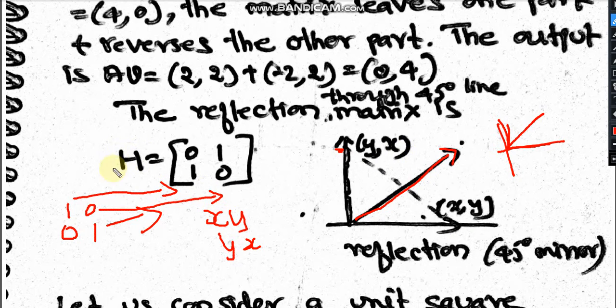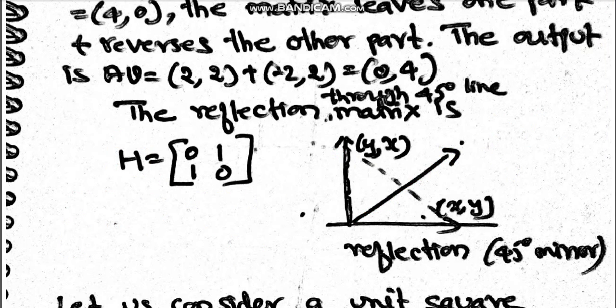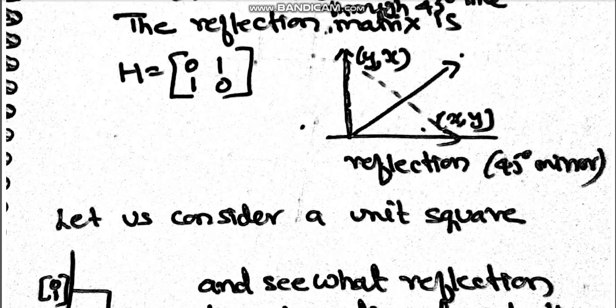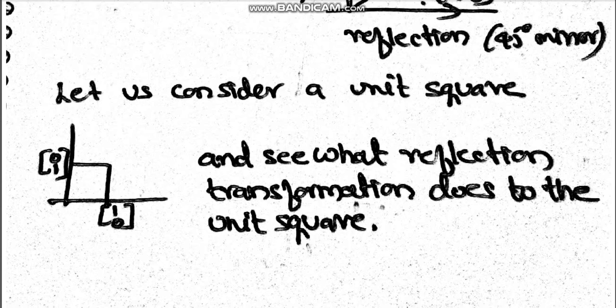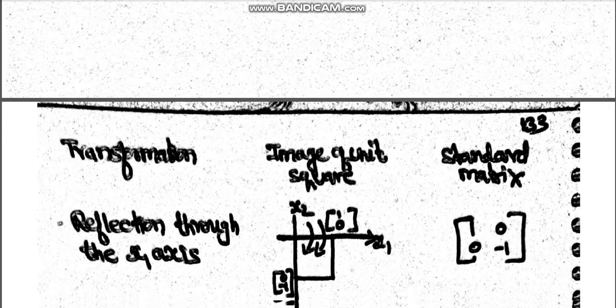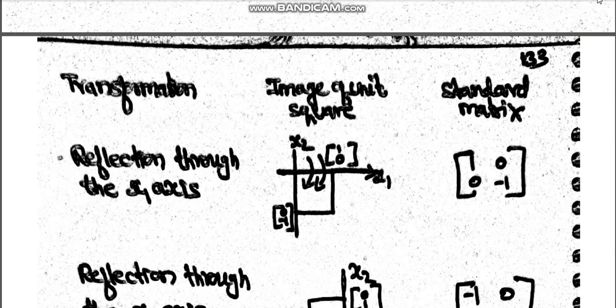So the reflection transformation matrix is represented by H, and before transformation and after transformation it becomes 0 1 1 0. So the transformation matrix H becomes 0 1 1 0. This is an example for the 45 degrees line, when the mirror is placed at 45 degrees. The matrix H can take different values when the mirror is placed at some other place. Okay. So I can briefly illustrate you